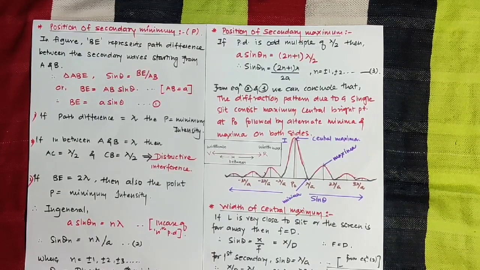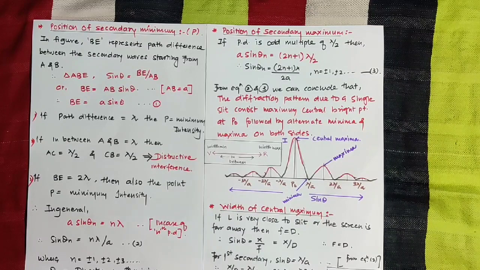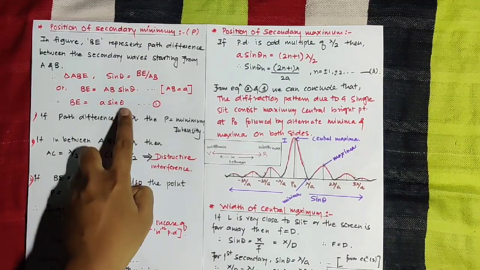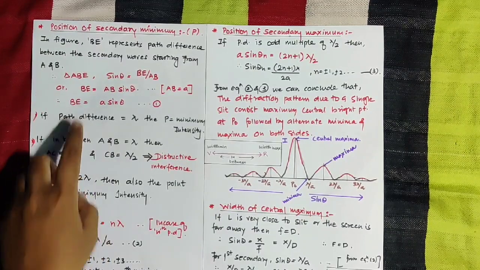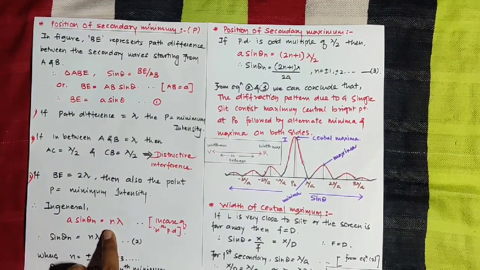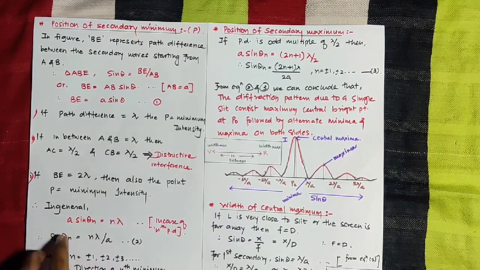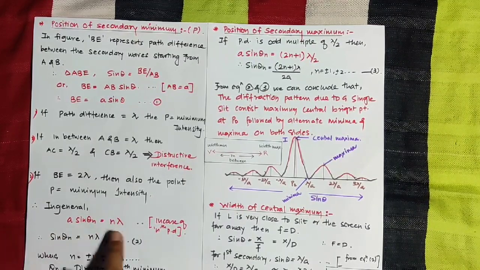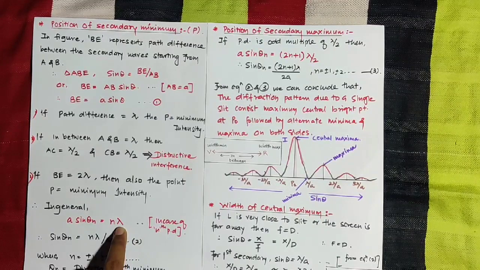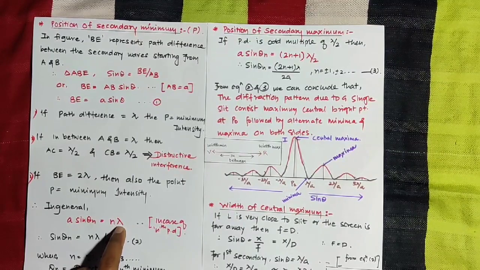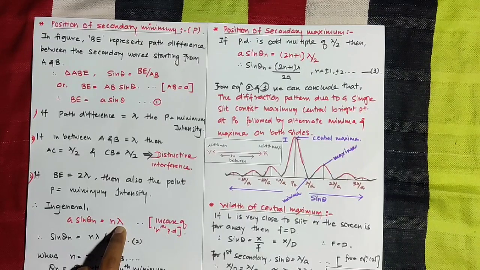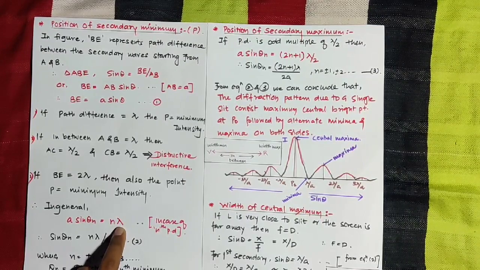So by using these three cases, we can consider in general A sin theta n. Look at here, in terms of n we are taking, that's why we wrote A sin theta n. This is represented in terms of what? N lambda, and this relation shows that the width of the given slit is directly proportional to the wavelength of light. That means if the wavelength of light is maximum, then the width depends on the wavelength of light. And if the wavelength of light is minimum, then the width of the given slit depends on the given wavelength of light.